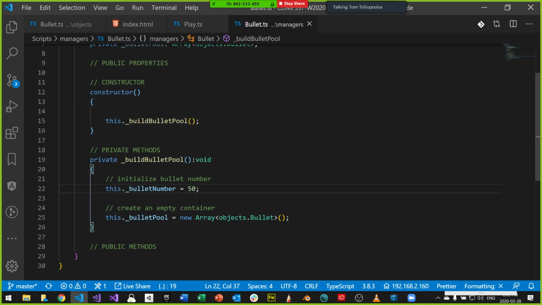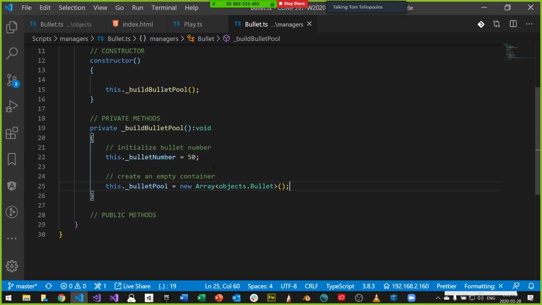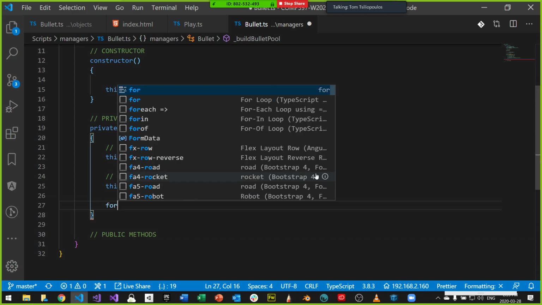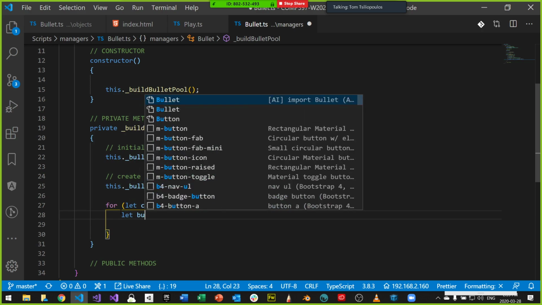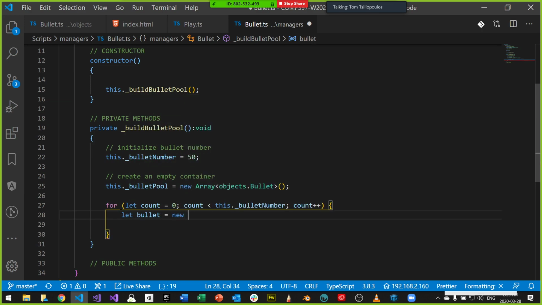So 50 bullets, right? And then what I want to do is run some kind of for loop, where I count how many bullets, and the count is less than this._bulletNumber. Then I want to make a new bullet: let bullet equal new objects.bullet. So a new bullet gets created.